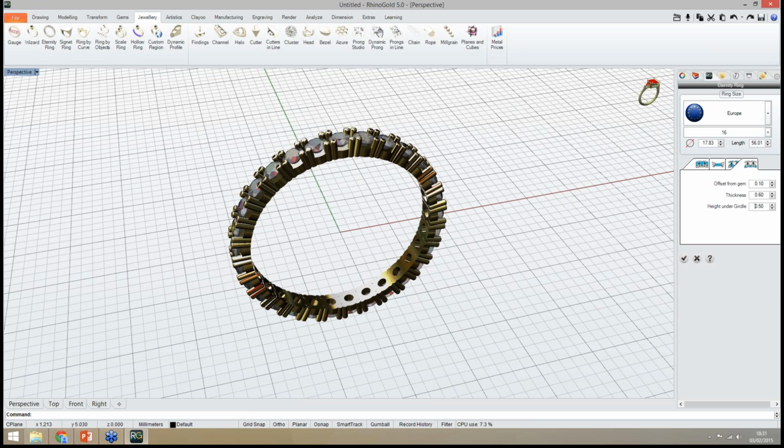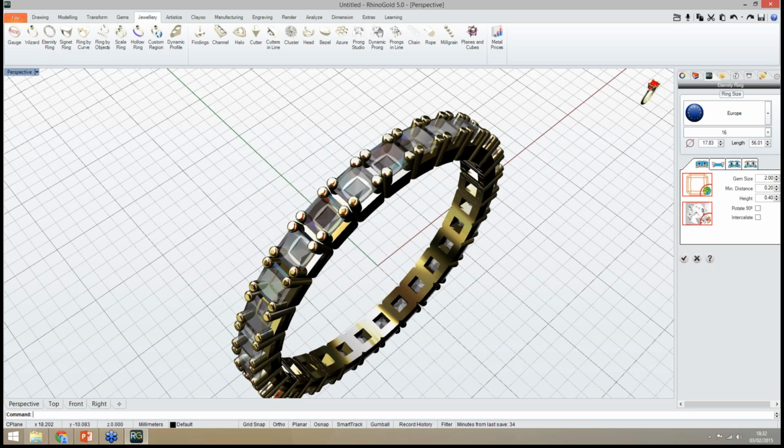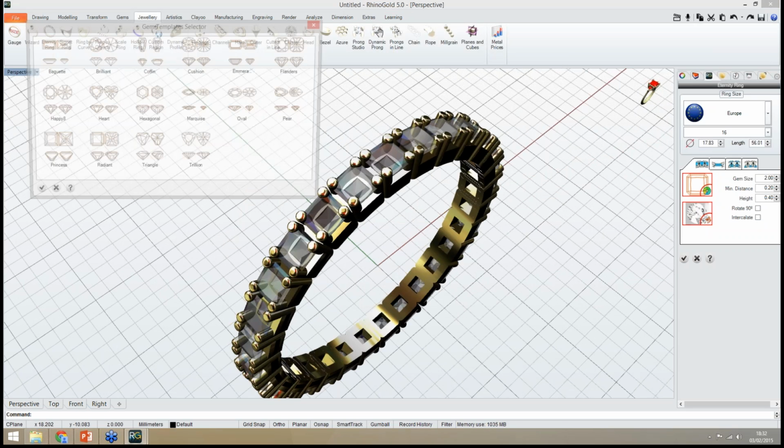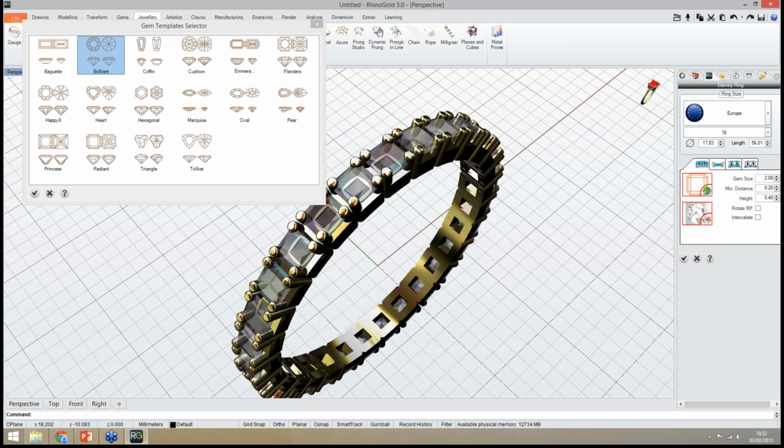Just remember, we can use any gem cut. For instance, let me show you radiant gem cut, the selected gem cut. Of course, gem material, anything. Let me go back to brilliant.